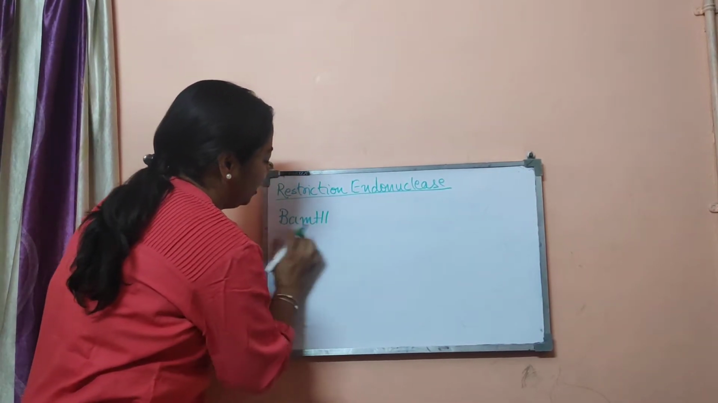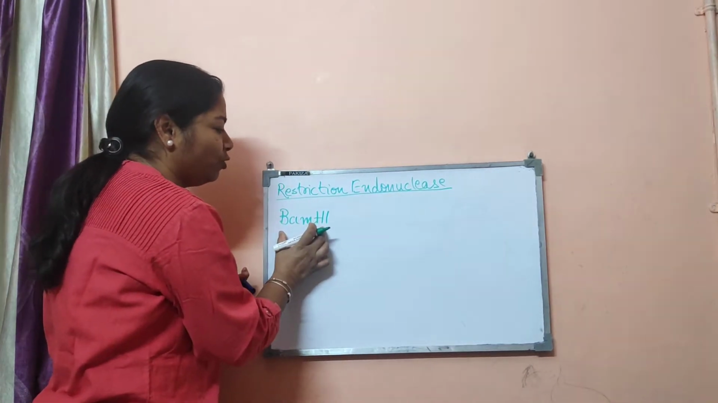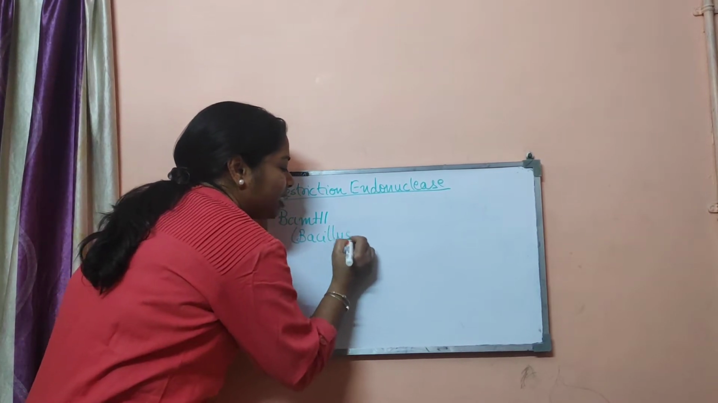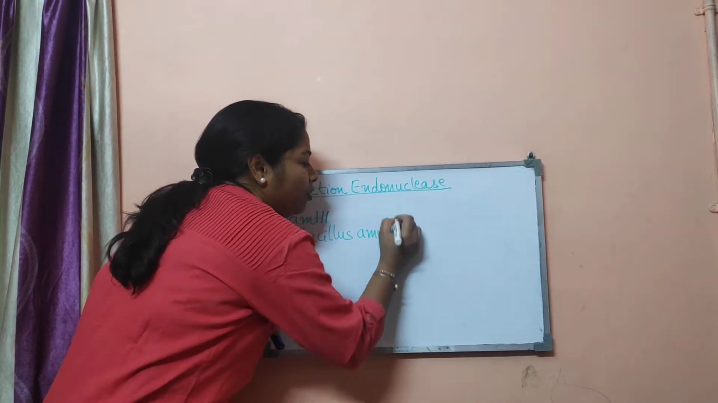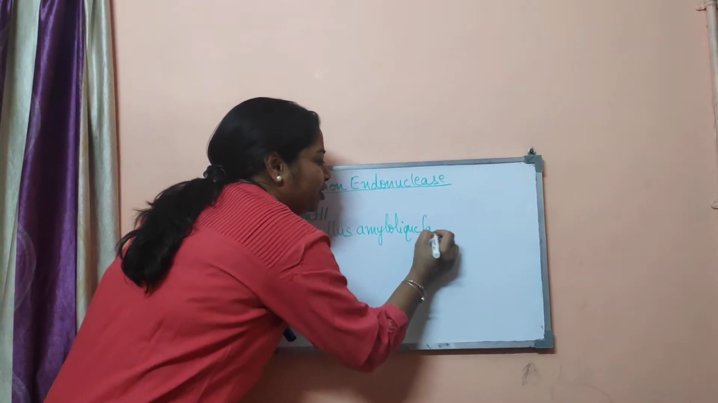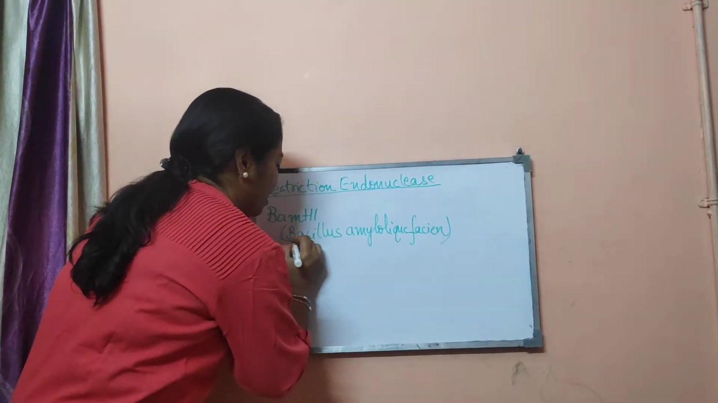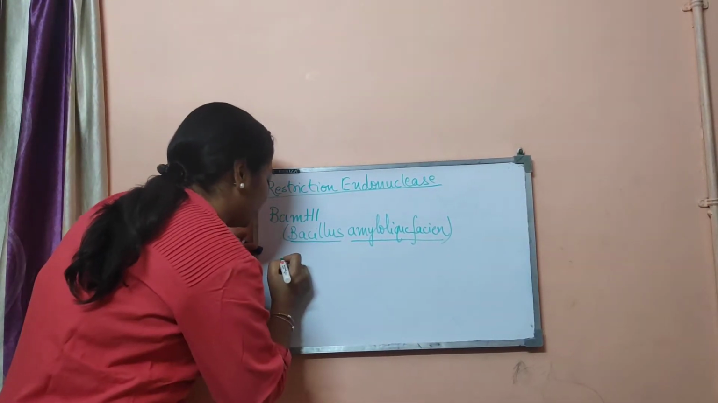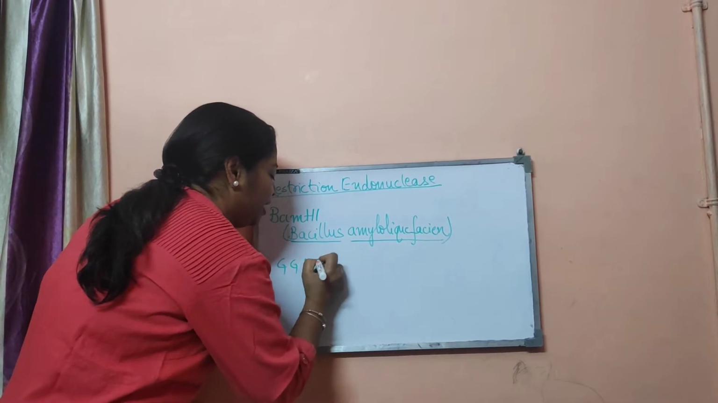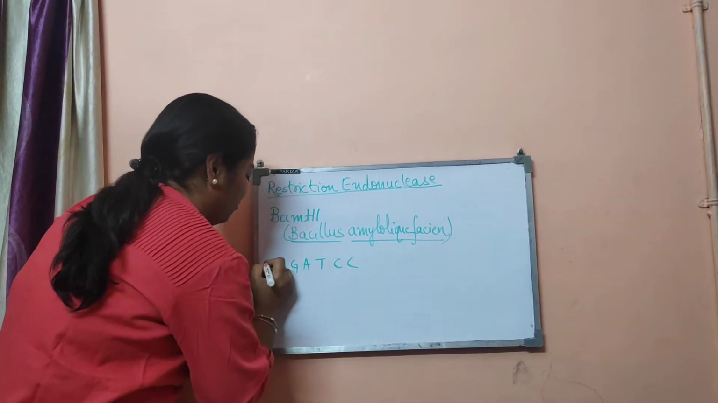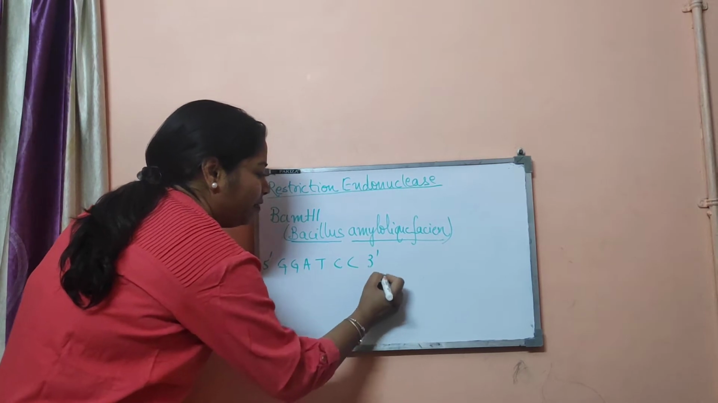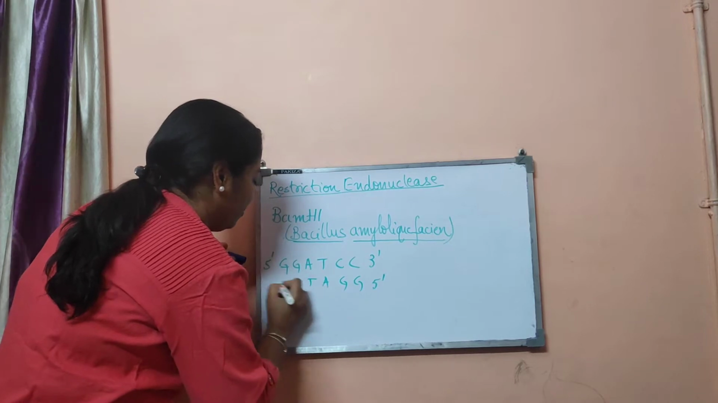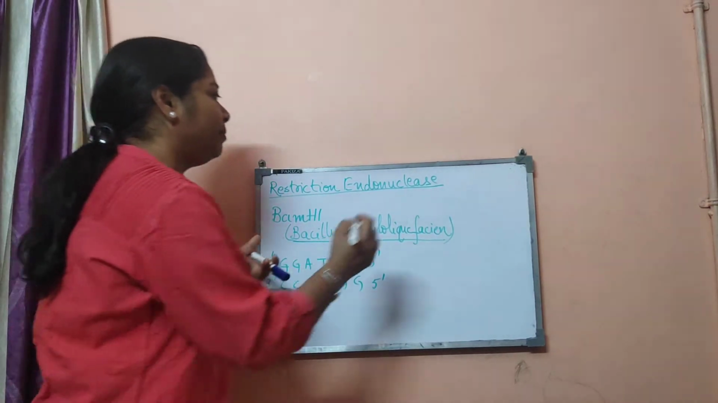BamH1. This is a restriction endonuclease which we obtain from Bacillus amyloliquefaciens, and the recognition site of this BamH1 is GGATCC, 5' to 3' and 5' to 3'. And another enzyme is